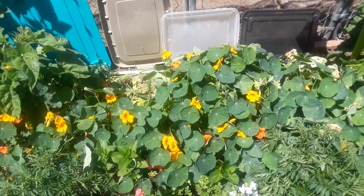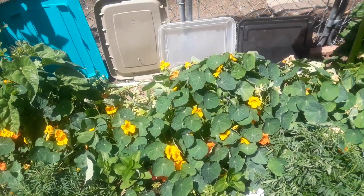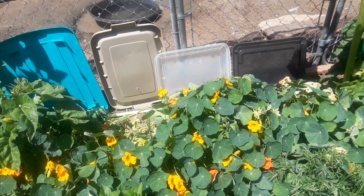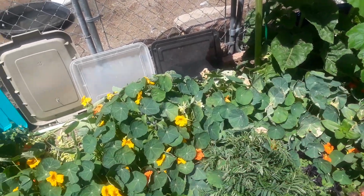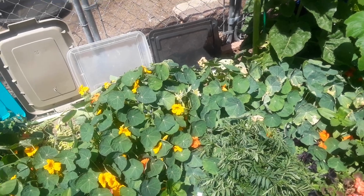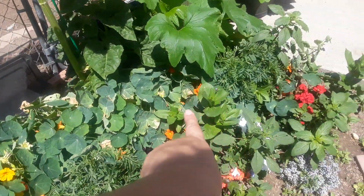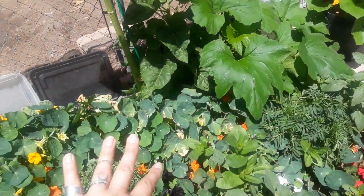I had to take all of the pots out of here because the birds kept reaching through and eating everything. And so next year, hopefully I can get that wire run there so that the girls aren't eating everything. And then I'm not going to plant as many nasturtiums because there's 3 in here and they're encroaching on everything